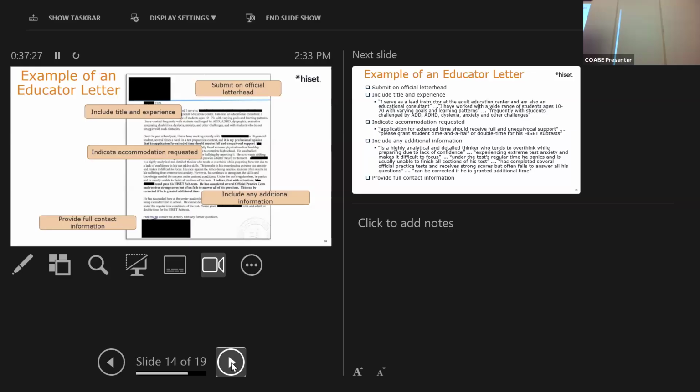So you could say extended time, could be double time or time and a half, but don't pick a path. Let the accommodations team work with you to determine what that right path might be. Include any additional information that you would like to about your test taker, and of course, we always need full